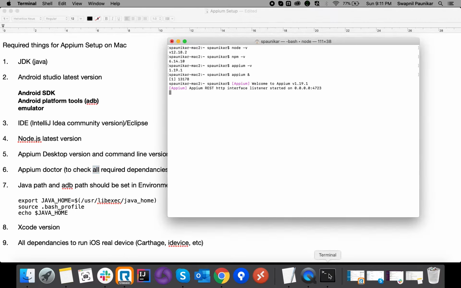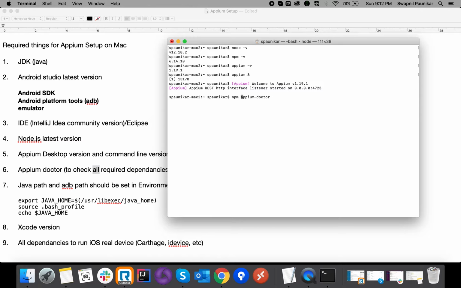As we downloaded APM using the node module, the same way we can install APM doctor with npm install -g apm-doctor. Again the -g is required. So this is the command to install APM doctor, guys, and it is already installed on my machine.